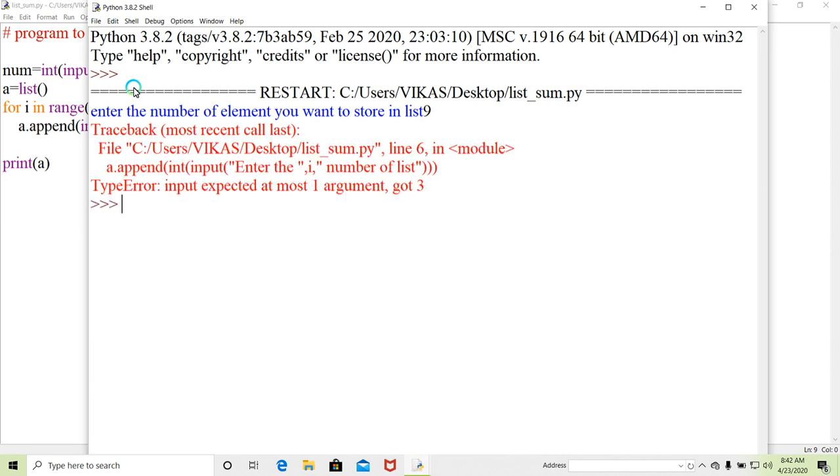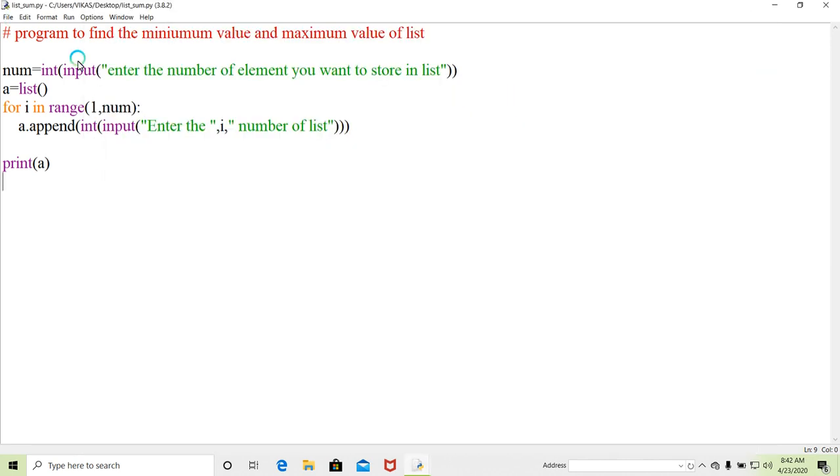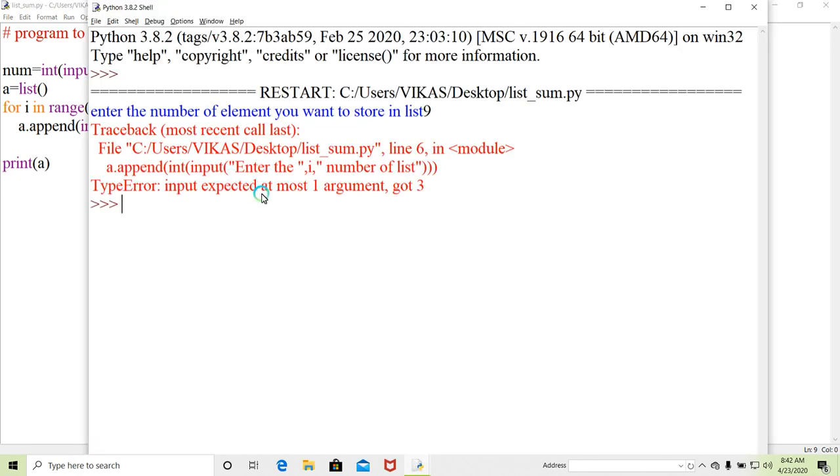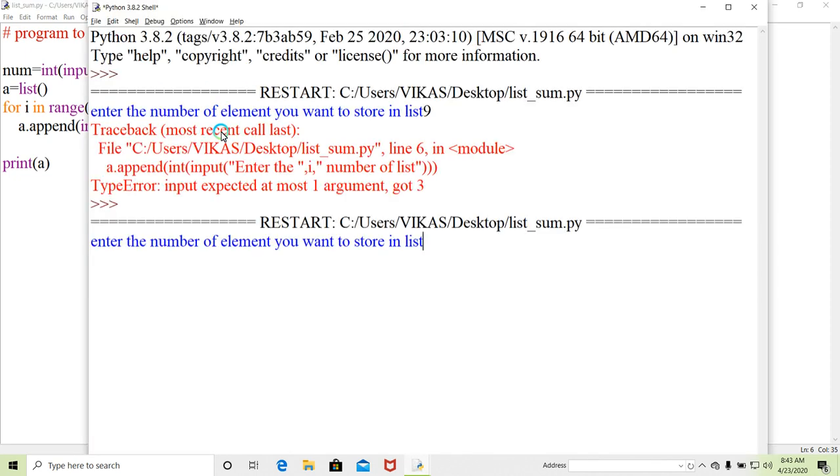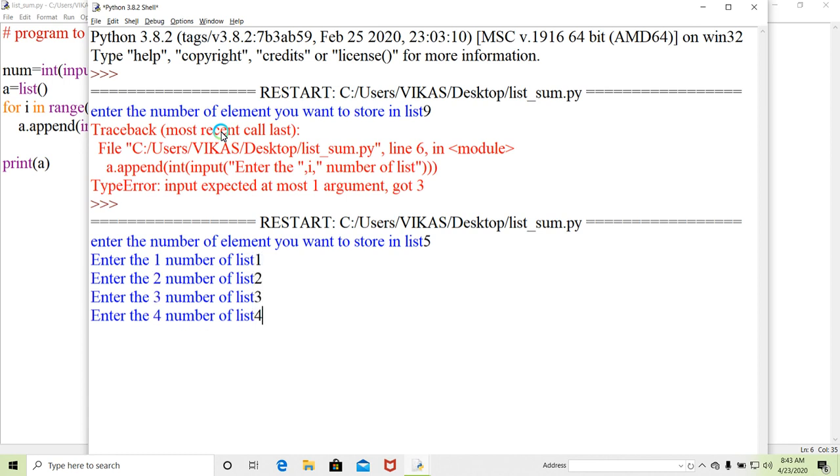Then if you ask, I gave 1 2 3 4, so 5 numbers are there.